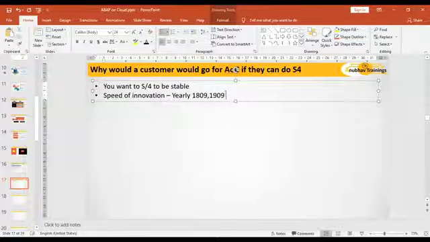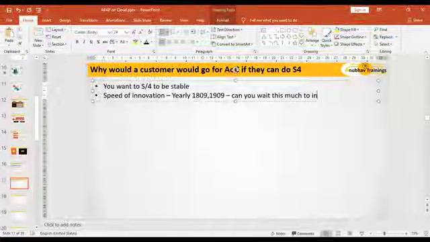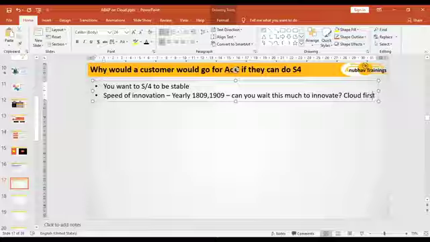Now, can you wait this much to innovate? Is it possible these days, in cutthroat competition, for a company to wait this long to innovate? You are out of competition by then, right? So the clear strategy is cloud first strategy,